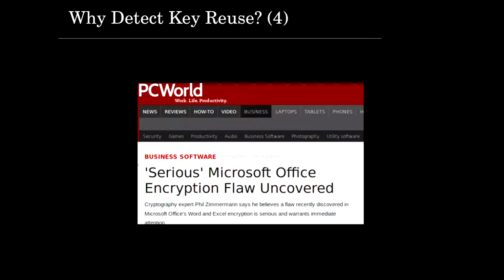And this is our last example. Lest you think that only malware authors and shady characters commit key reuse, Microsoft committed it in the 2003 version of Office, in their document encryption function. Basically,